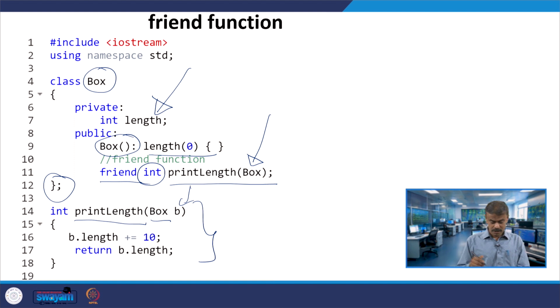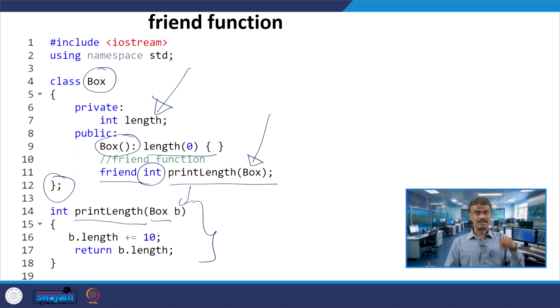For example, here I have b.length, where small b is an object I created under Box. I am using this outside the class. This can be very well done, and moreover it is a private member data. int length is a private member data, that is the beauty over here.